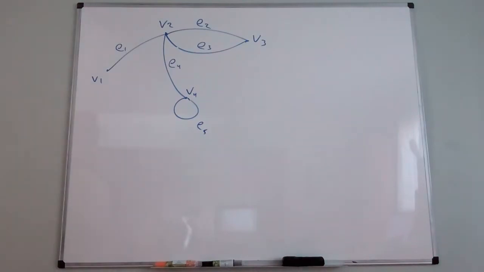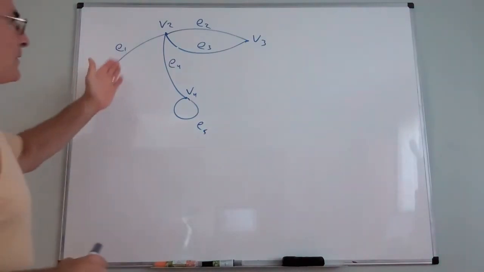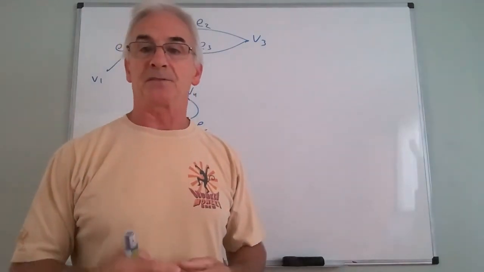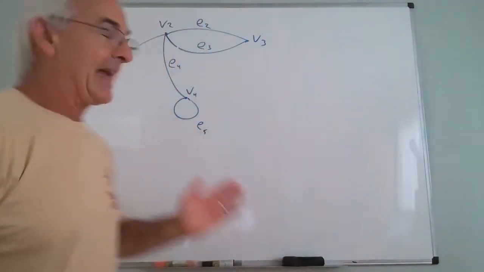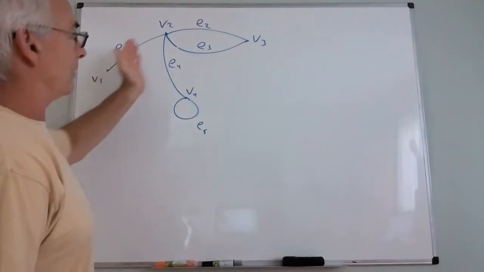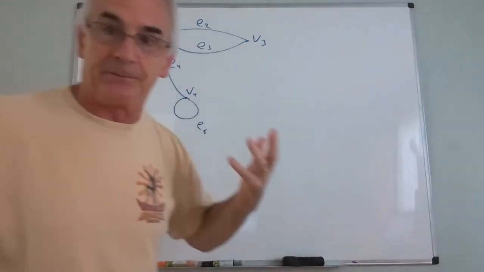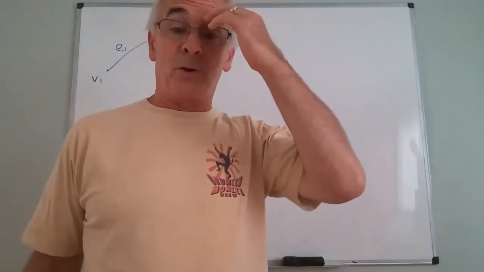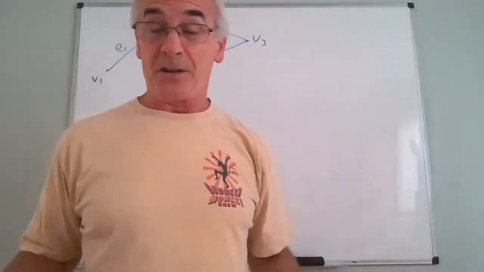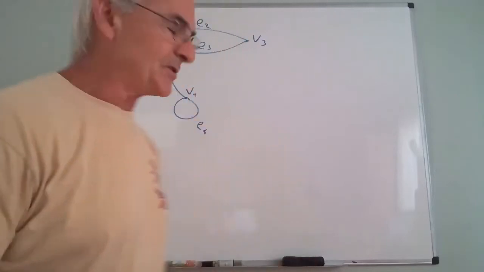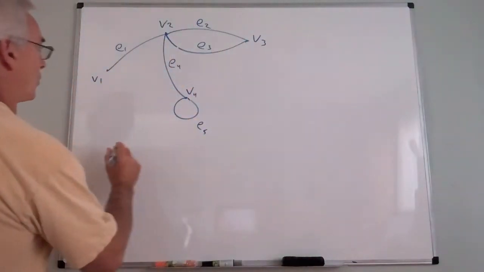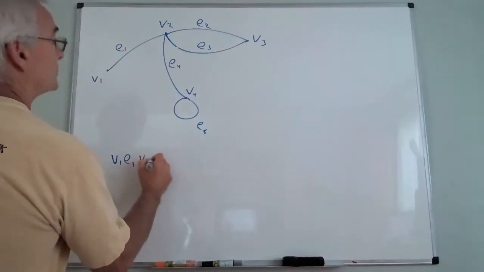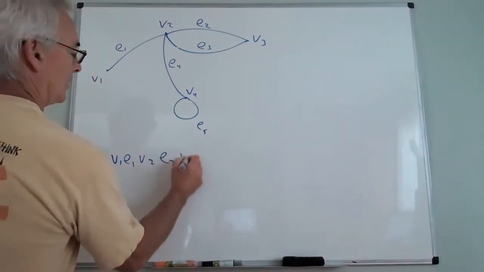Now imagine that maybe every vertex is a house, or maybe every vertex is a building on a street corner. And you want to get from here to somewhere else. You want to actually leave your house and go somewhere else. So the verbiage we use is really everyday language to describe this. So let's suppose that you started at V1 and you wanted to do V1, E1, V2, E2, V3, and then